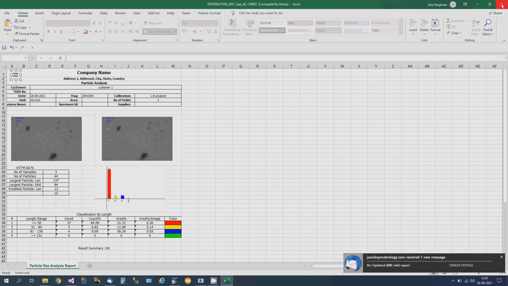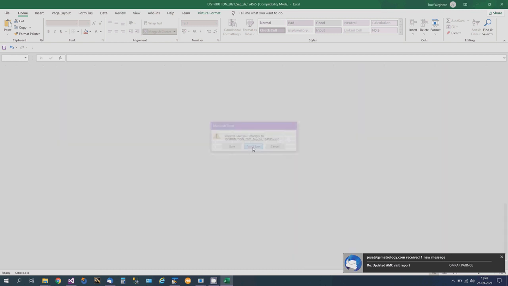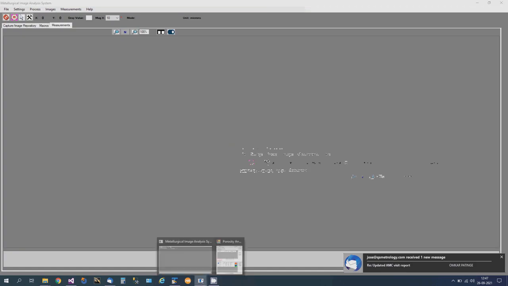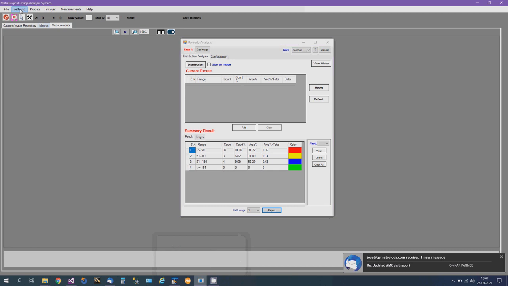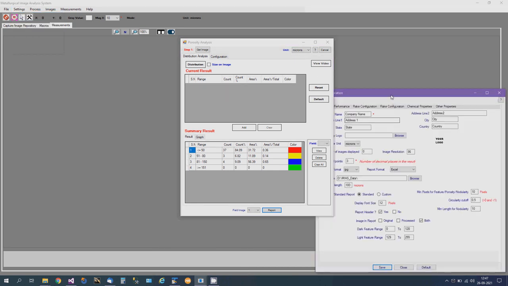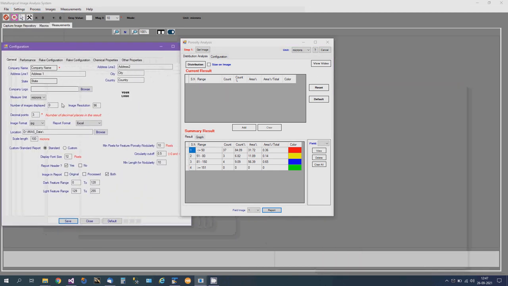Or if you want the report in PDF, you can always come here. You go to settings, system configuration. You can say format is PDF, save.